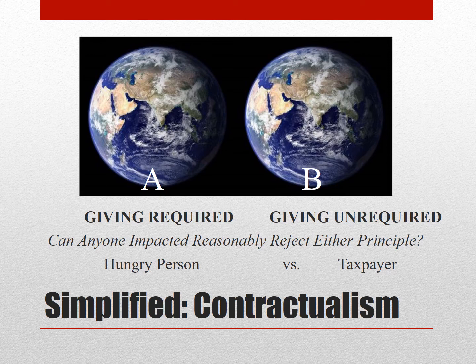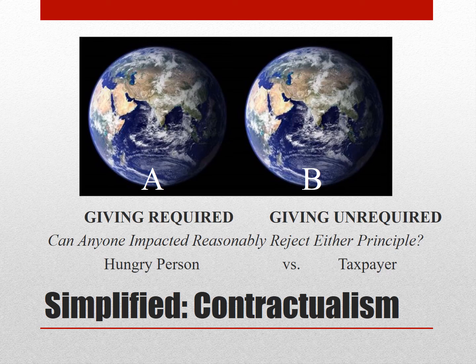The contractualist is still asking the same fundamental question the utilitarian was asking, namely, should affluent taxpayers be required to give aid to address global hunger? And like the utilitarian, the contractualist is still basically choosing between two alternatives. World A, in which the giving is required by taxation, and World B, in which the giving is not required by taxation. What I want you to do now is imagine that each individual who's impacted